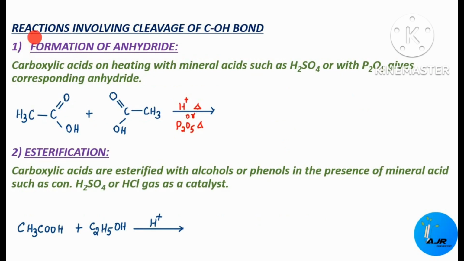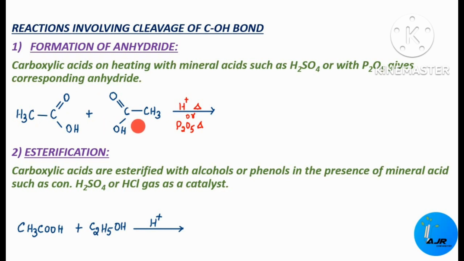The next reaction is the reactions involving the cleavage of C-OH bond. Under this type of reactions, we have the formation of anhydride and esterification. Let us see how it happens. Formation of anhydride: when carboxylic acids are heated with mineral acids such as sulfuric acid or with phosphorus pentoxide, they give the corresponding anhydride. Here we have taken acetic acid, CH3COOH,